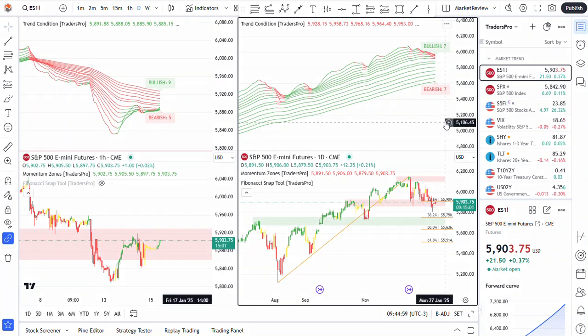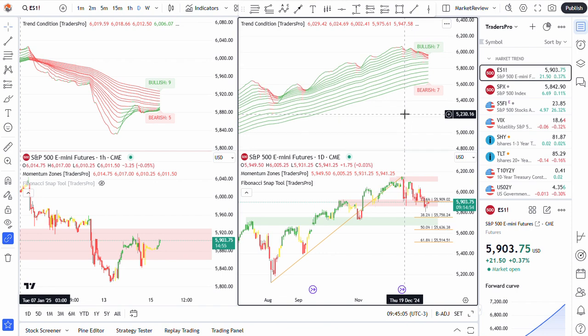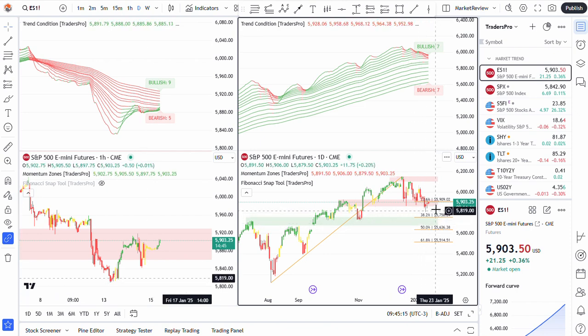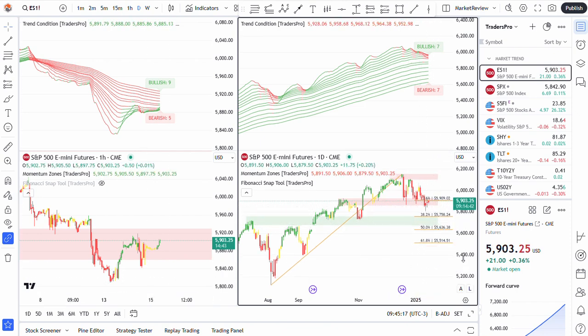Market conditions remaining bearish in this bear market, sitting at a neutral trend here of 7 and 7 on S&P futures this morning. Seeing a little bit of an uptick here, 0.37 on the upside. You can see on the 1 hour time frame, attempting a little bit of a support rally potentially here at this demand zone. We're sitting underneath this